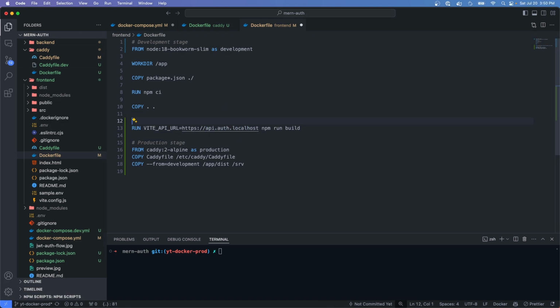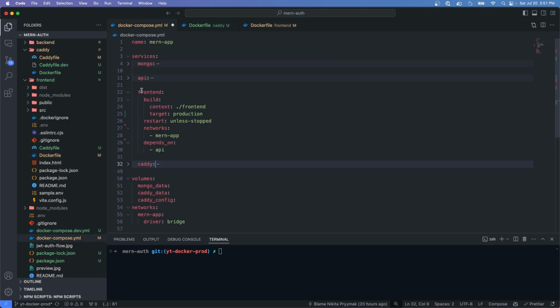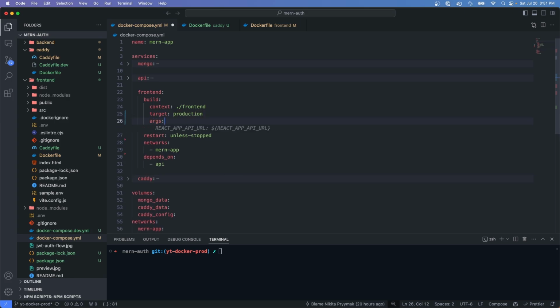So right above this line, let's define an argument. We'll call it Vite API URL. And then we can reference it instead of just using this hard-coded string. I'll do $, open braces, and then the argument. Now we need to pass in this argument in our Docker compose file. So let's go back to the front end, and under the build property, below our target, let's specify the args property, and we'll set that to Vite API URL, and that's going to be equal to